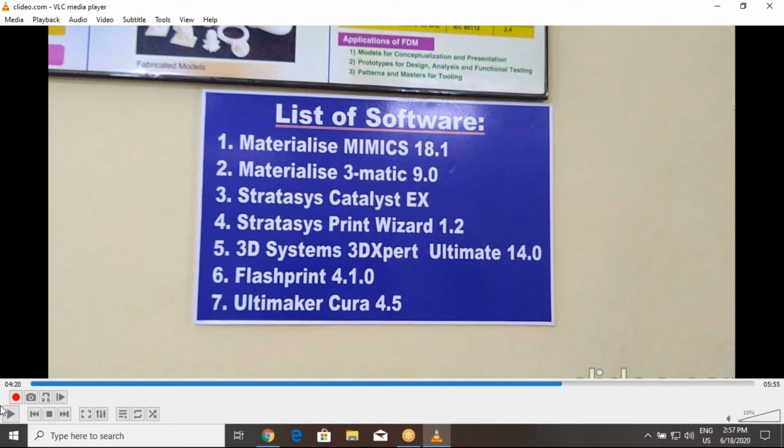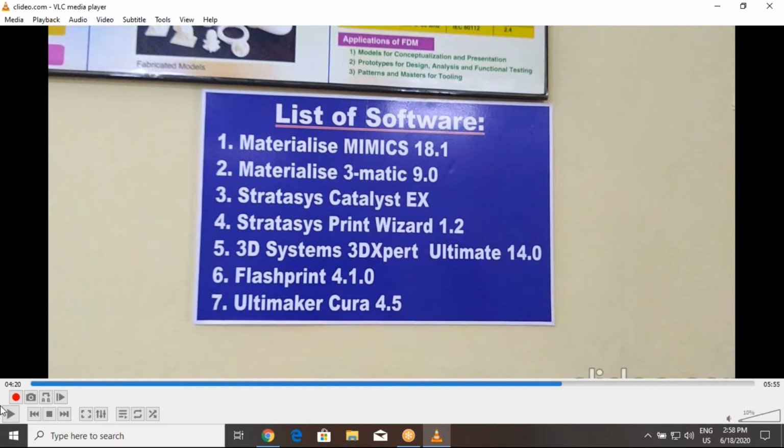The next one is Materialise 3-matic 9.0. This is software especially used to design templates. The templates are used for medical parts. With the help of Materialise, we can design the broken part, for example if the skull is damaged during an injury or an accident. We want to design only the broken part, print it, and do the corrections. Those things, before going to print, we can do in 3-matic 9.0 only.